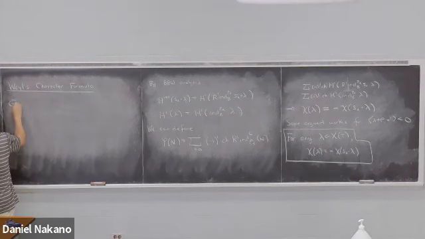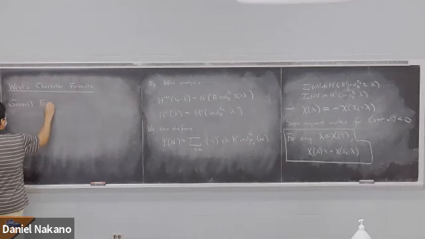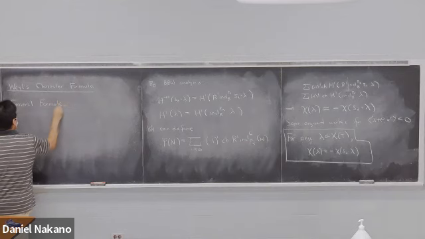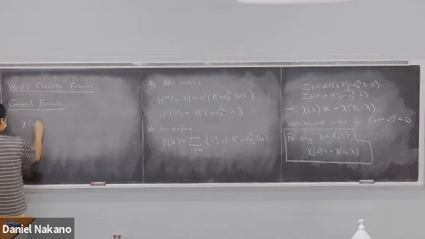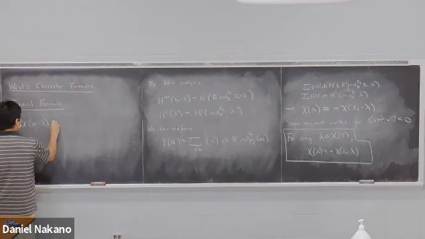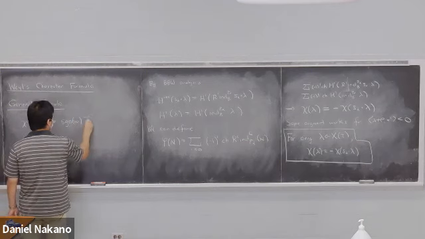So the general formula is that take, let's see, phi of w dot lambda. This is, let me use this notation, sign of w, phi of